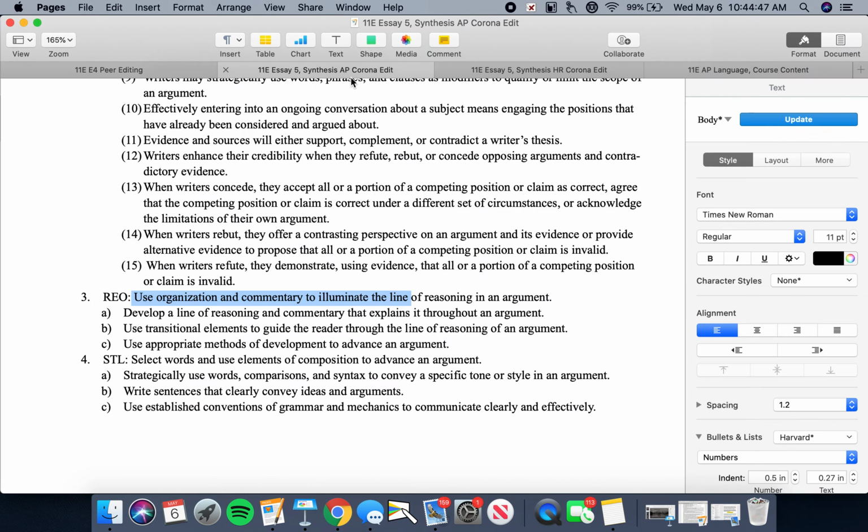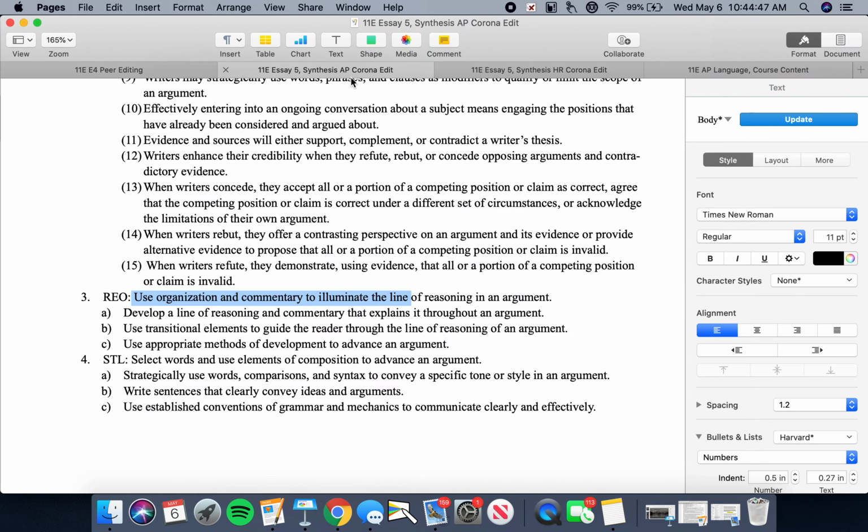Okay, so today, what I want to talk about very quickly is line of reasoning. For the AP class, this comes in your third focus point, which is the Rio course goal, the big idea, reasoning and organization. It discusses the fact that your essay needs to organize a series of evidences and commentaries that illuminate the basic line of reasoning in your argument. In other words, the line of reasoning is the series of assertions that build to your central claim. You should know what that means.